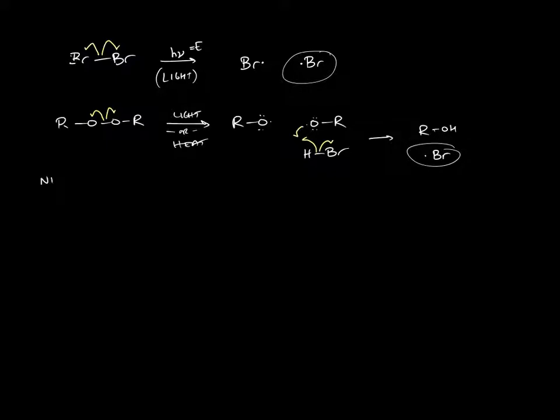It involves NBS, which is N-bromosuccinimide. Succinimide looks like this. It's a 5-membered ring with a nitrogen and 2 carbonyls, so it's kind of like a double amide. N-bromo means you have a bromine attached to the nitrogen. So this is N-bromosuccinimide. And if you use either light or heat,